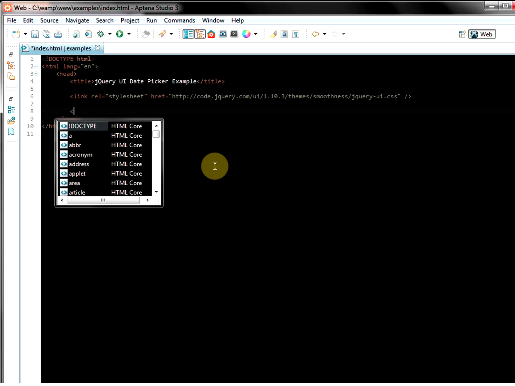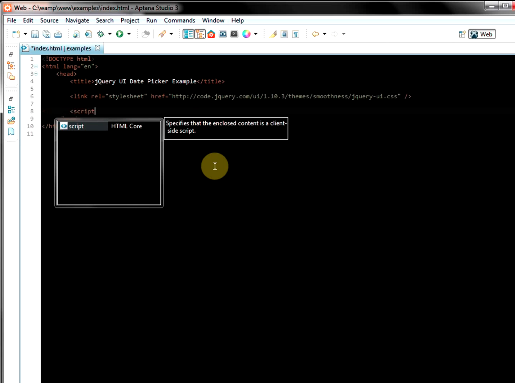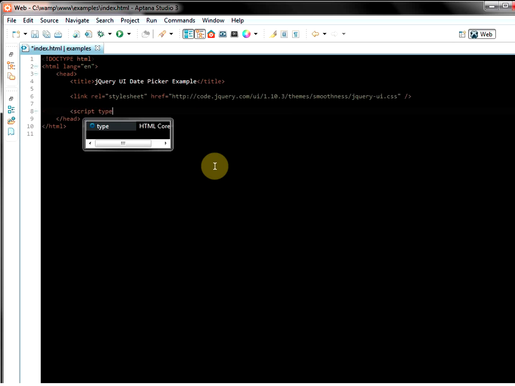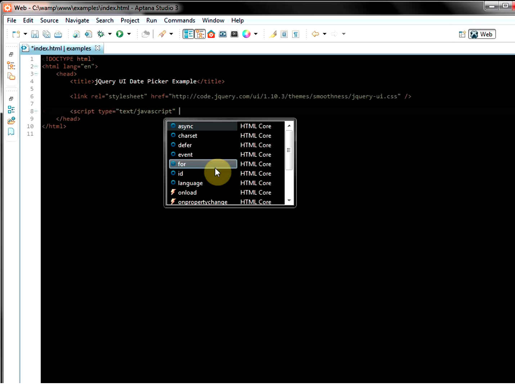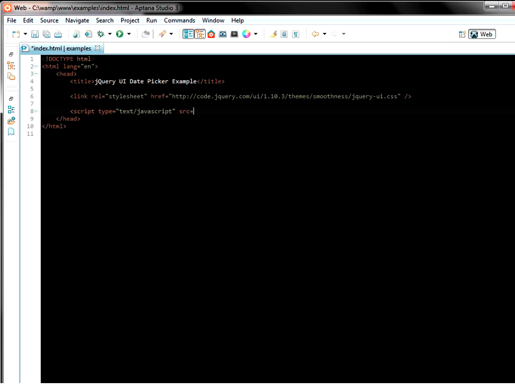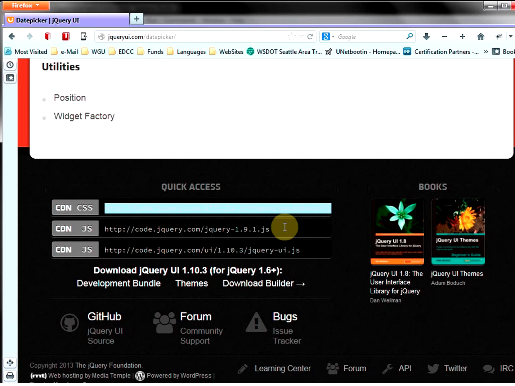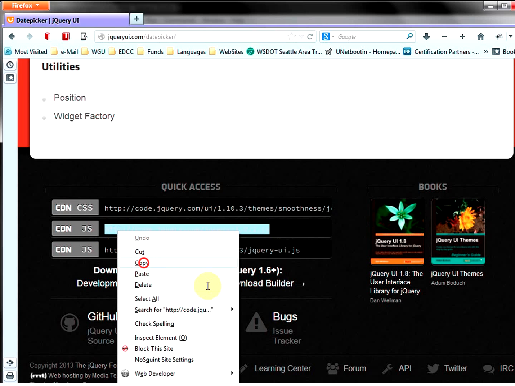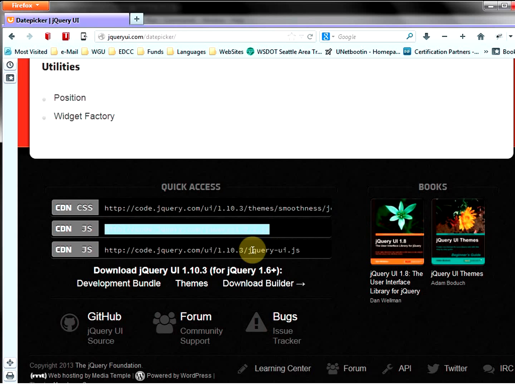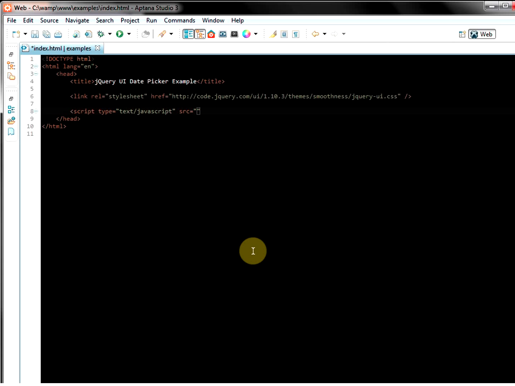Then we're going to put in the script type equals JavaScript with a source. So the first file we're going to reference is also on that same page, and that would be the jQuery file. You need the jQuery file, and you also have to reference the jQuery UI file. They're two separate files. Go back here, paste that in,